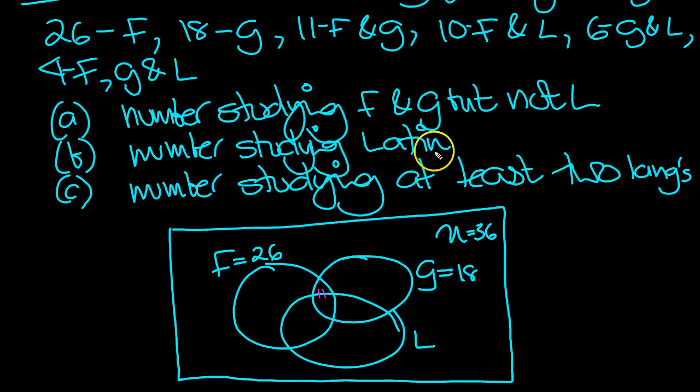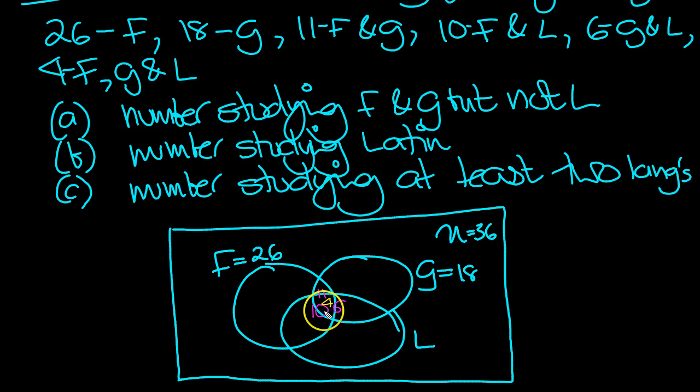know the breakdown there. By the same token, 10 study French and Latin, so the French and Latin circles overlap here, and there's 10 in this area. We don't know whether they study German or not, so again we write it on the line, because we don't know how many are in here and how many are in there. Now the next one, 6 study German and Latin, again by the same token. Here's the German and Latin overlap, and there's 6 in that overlap, so that's why I'm writing it on the line. Now 4 study French, German and Latin, so that goes in the very center, so I'm going to put